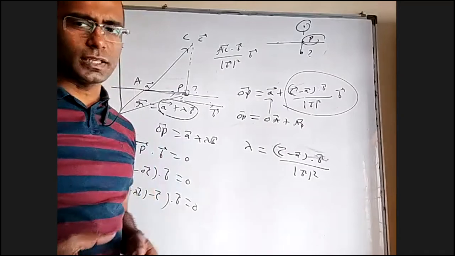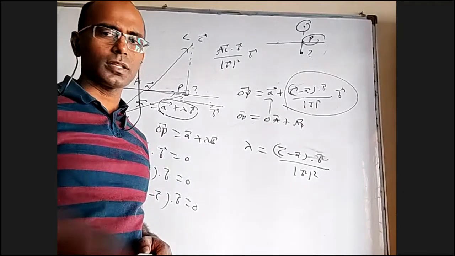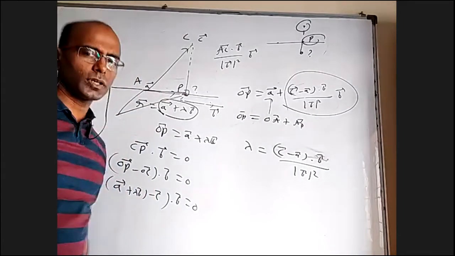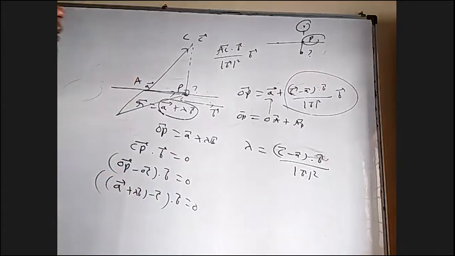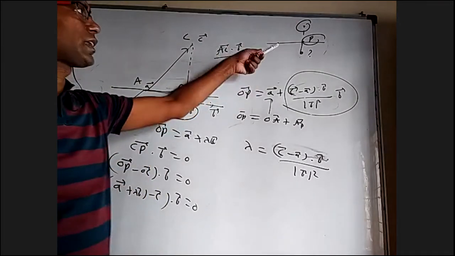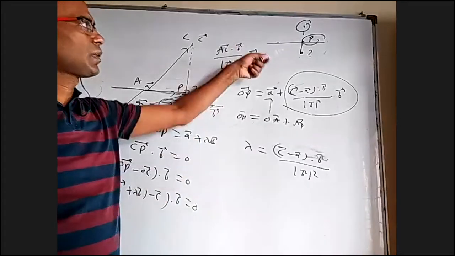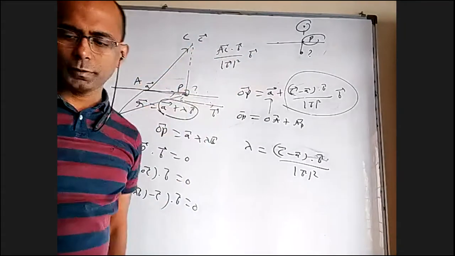Okay. The line in vectors or 3D is a little complicated, but the plane is somewhat easier because plane formulas resemble your 2D geometry formulas kind of. Okay. So if you want the image also, better to find the foot and then find the image. Double of the foot minus one end will give you the other end.